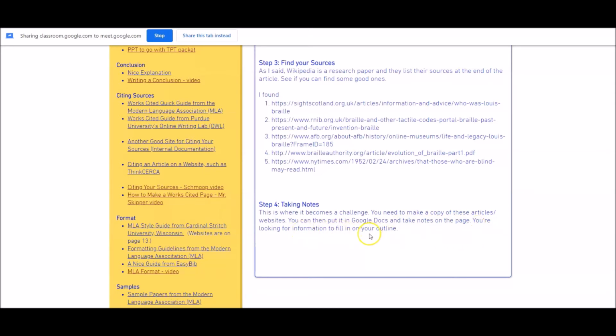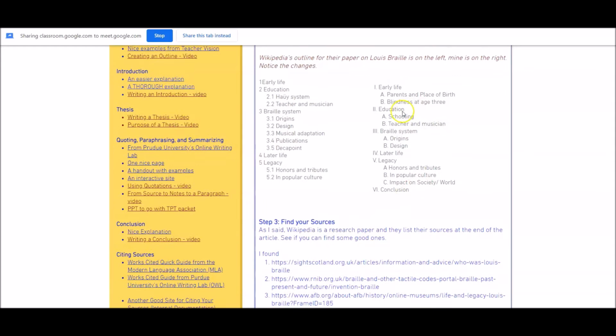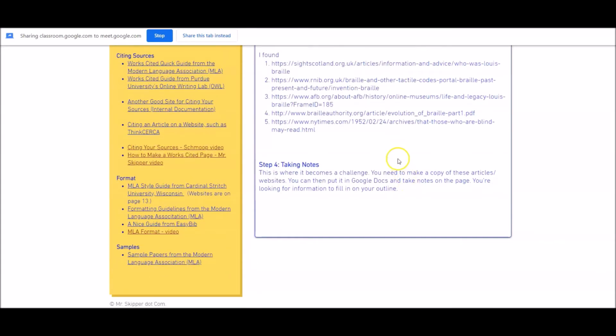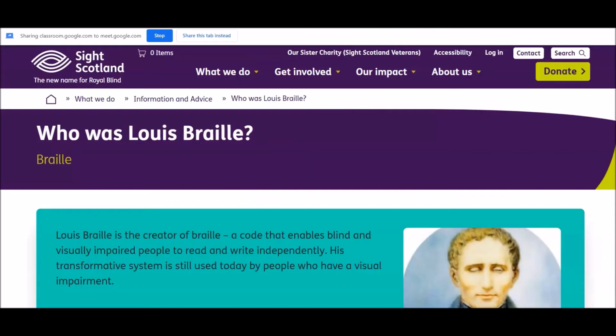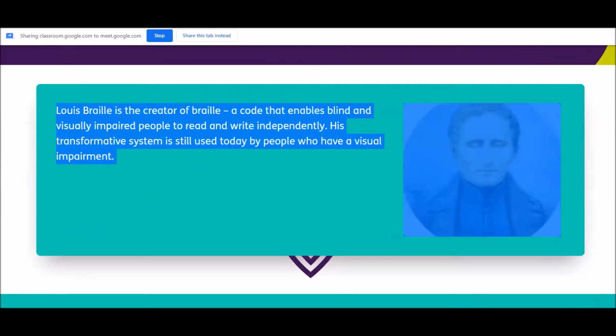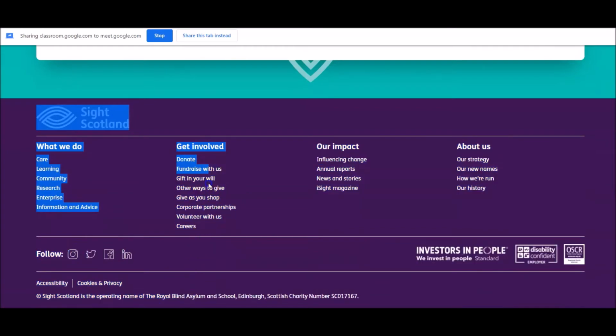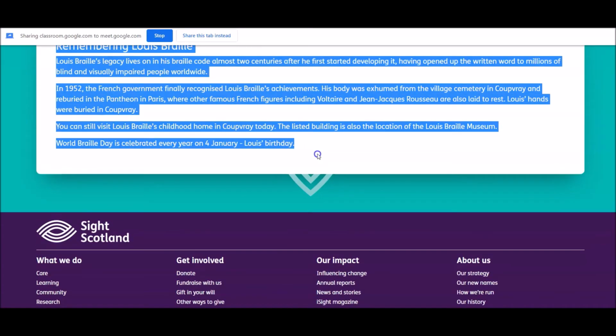And then in that Google Doc, you're going to use the comment function to record your notes, even to the extent of writing sentences and paragraphs. So here's this website that I found called Who Was Louis Braille? That's the name of the article, not the name of the website. So I copied the entire thing and then I